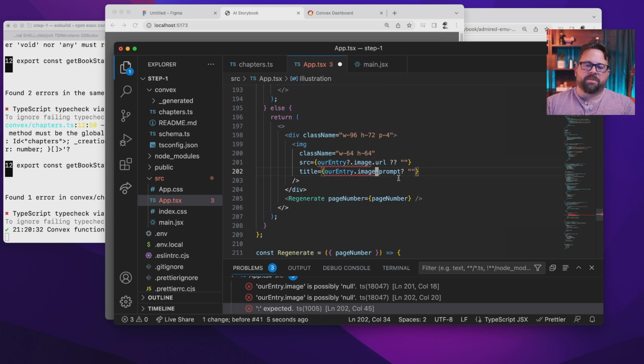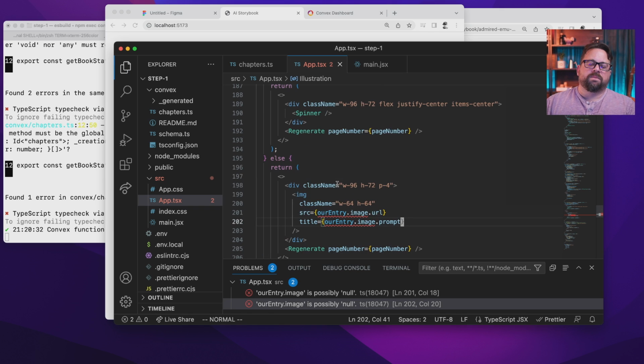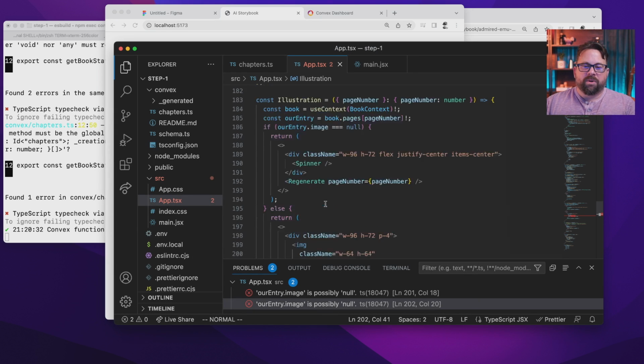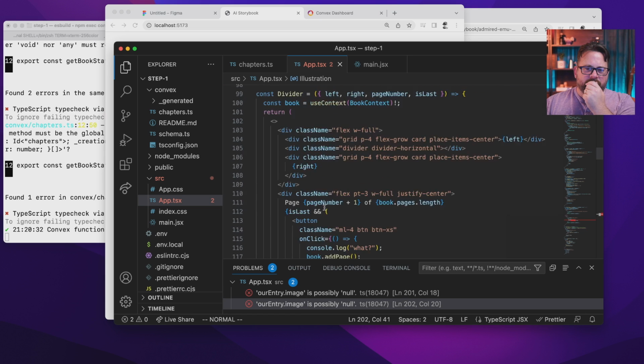Anyway, I'm not going to spend too much time on this right now. Let's wait until we're actually generating images, and we'll find out if this is actually a problem. As far as I can tell, there really shouldn't be circumstances where this happens. So, okay, cool. Page 1 is the best. We're not getting errors about our mutation stuff back up here where we say